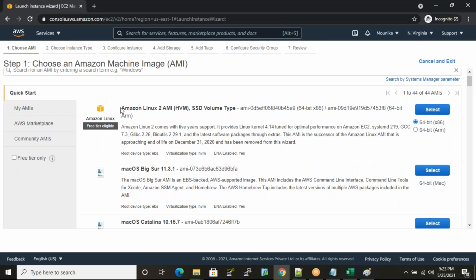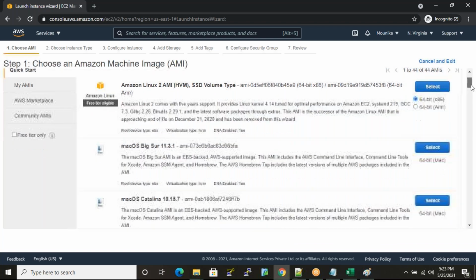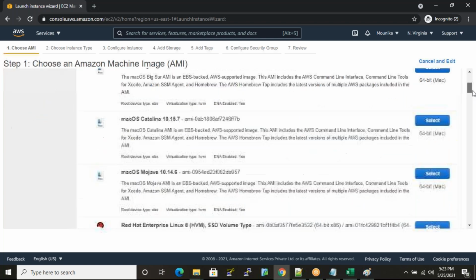The first operating system name is Amazon Linux 2. This is AWS's own operating system. There are so many operating systems, like Mac OS. Mac OS version 11.3.1 is the latest Mac OS version. The previous version is also there, version number 10.15.7.